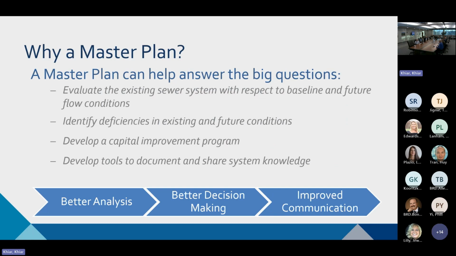So why are we doing this master plan? The master plan can really help us answer some of the big picture questions that we have. Because our system is extended and all interconnected, what happens upstream impacts what happens downstream, and it's very dynamic with the influence of rainfall and other demands. So this will allow us to look at those big questions and get a good baseline.